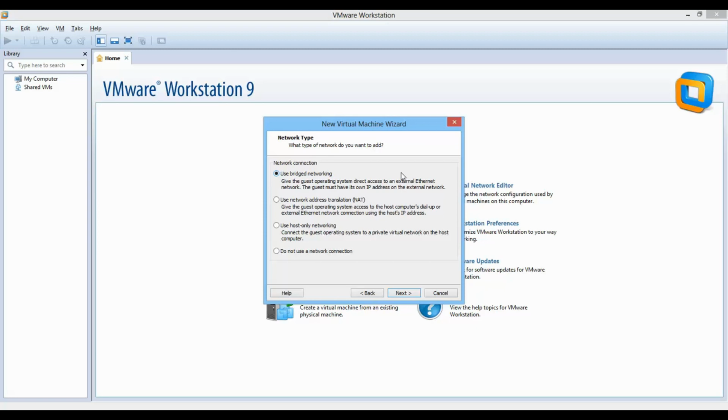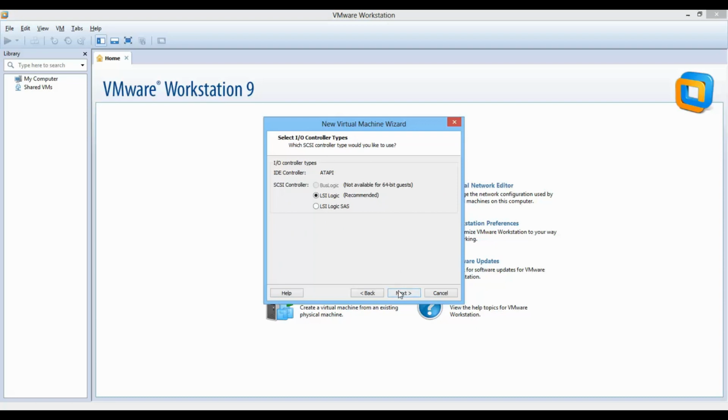So then we will be selecting the network. The network will be made bridged. Why? Because we want the virtual machine to also communicate with the host, meaning the physical machine where you are hosting. Also, if you want the internet to be connected, it will be best. There are a couple of network types; I will explain in some other videos.